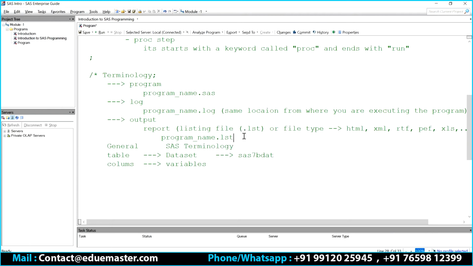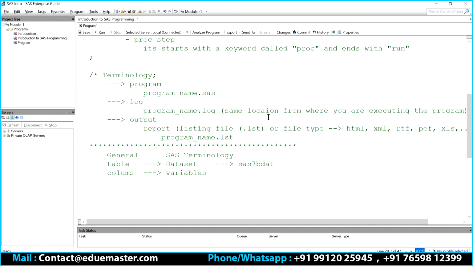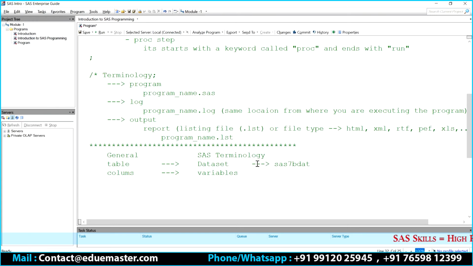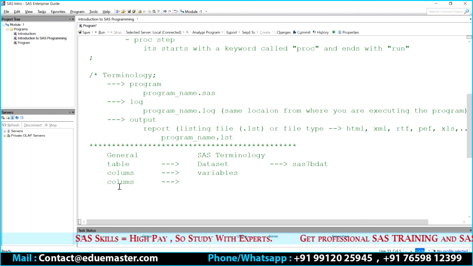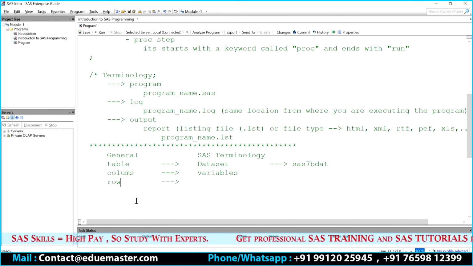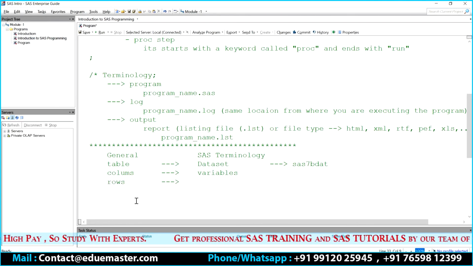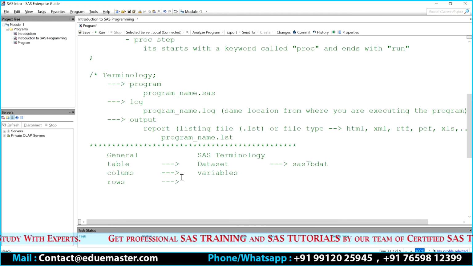So in general, we call a table a SAS data set. When it comes to SAS, it will treat that as a data set, and a table is the one which comprises columns and rows. The columns will be called variables, whereas the rows, I can call them rows, or records, but generally we go with rows.